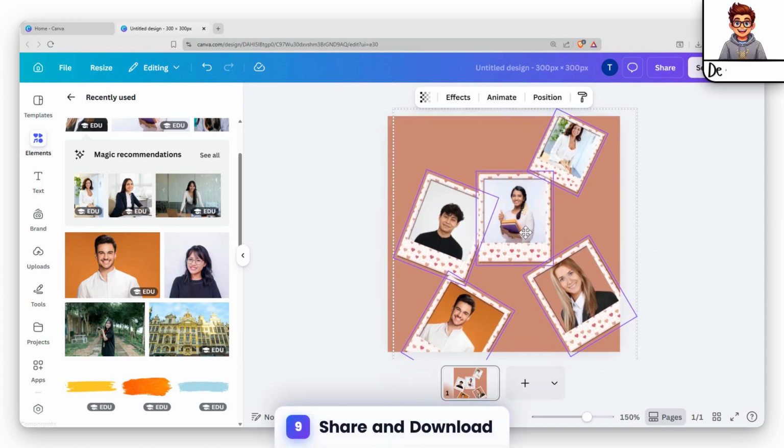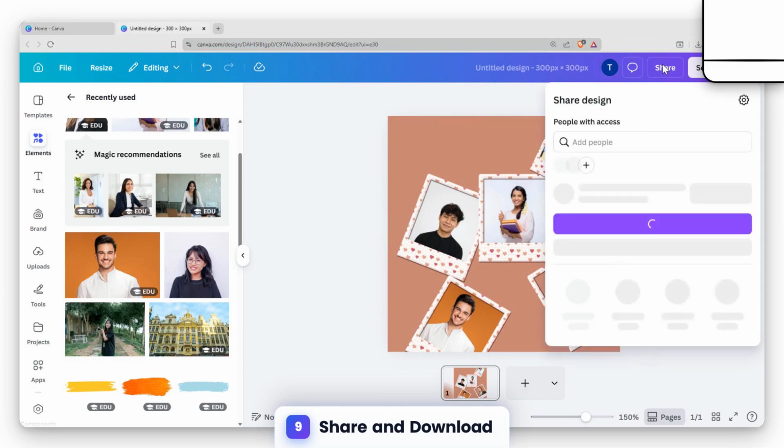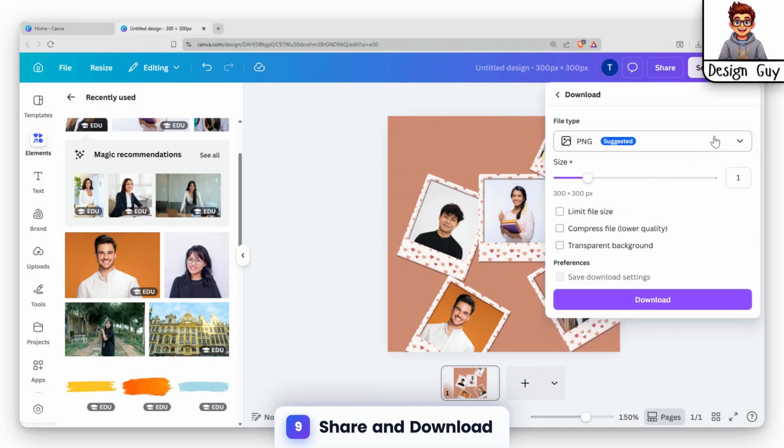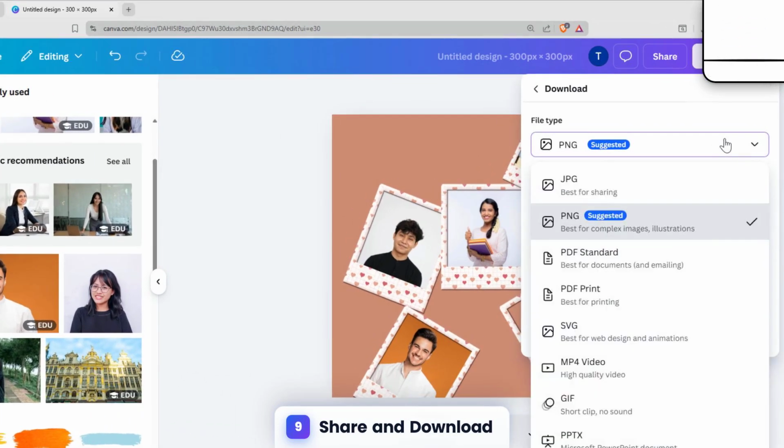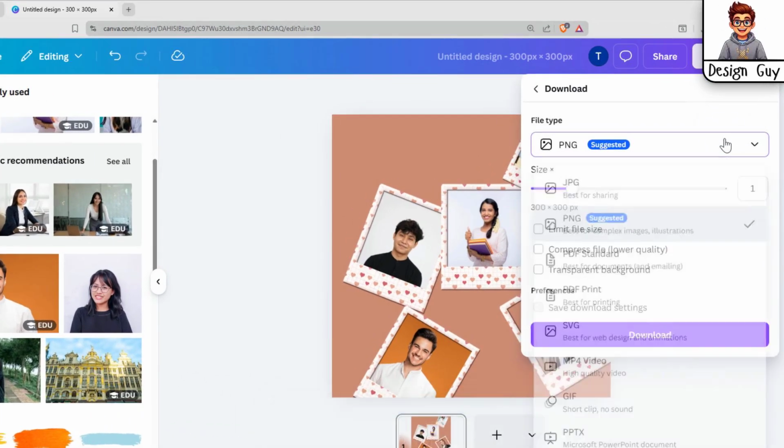When you finish editing your project, click the Share button. Then, select the Download option. Choose whether you want to save your file as a PNG image or as a PDF, or select Print to get a hard copy. You just learned how to make a